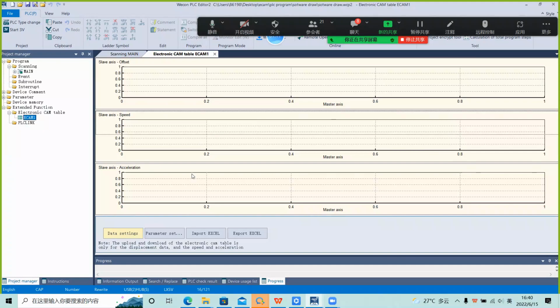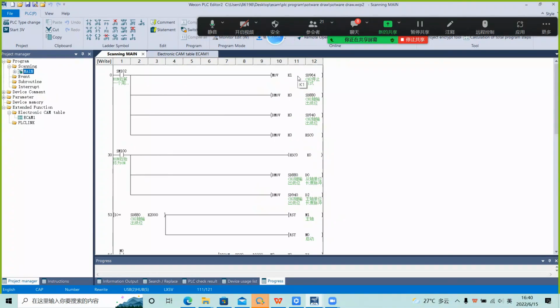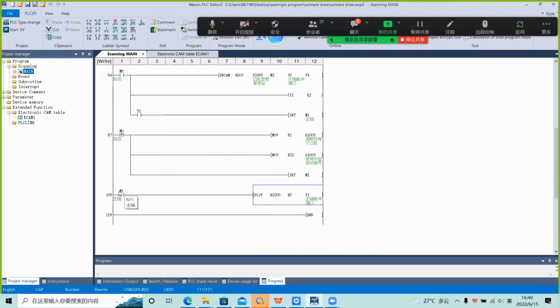And in the program, we need to use one output in the terminal to simulate the input. So I connect Y1 to X0. So when this instruction is running,